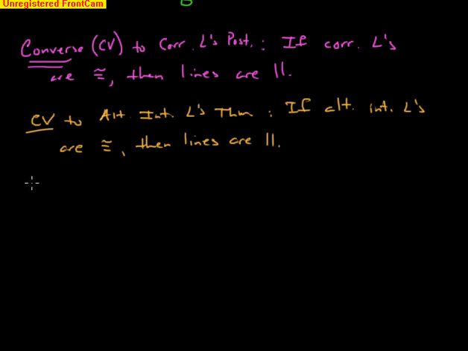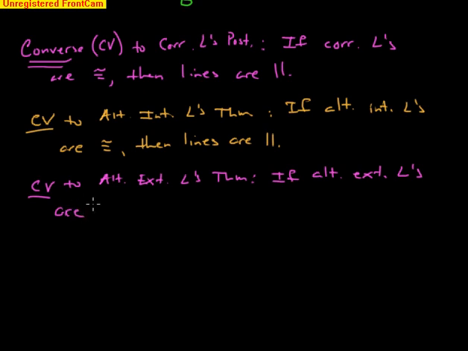The next one is the CV to the alternate exterior angles theorem. Again, it's just the alternate exterior angles theorem flipped around. If alternate exterior angles are congruent, use the symbol, are congruent, and you can feel free to write it out,